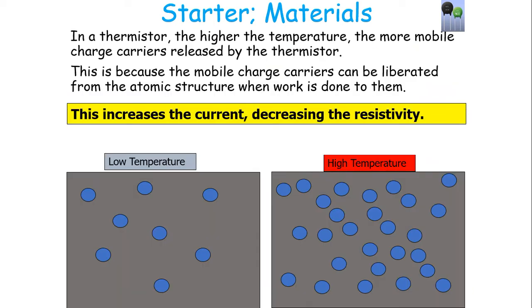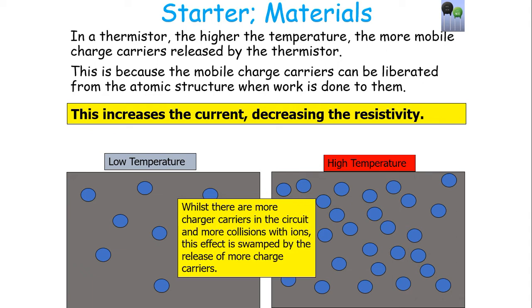So in a thermistor, the higher the temperature, the more mobile charge carriers released by the thermistor, because this work done into the thermistor has liberated the charge carriers to become mobile, so it increases the current, decreases the resistivity. Now, that's an application of something called thermionic emission, the emission of particles due to work being done into the